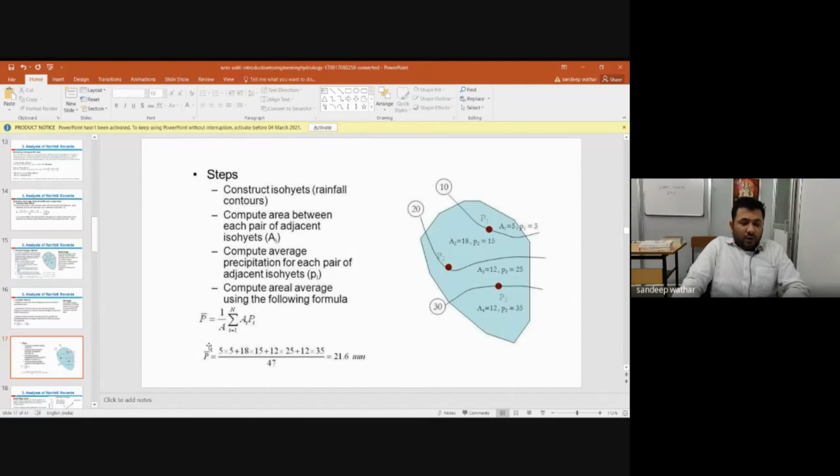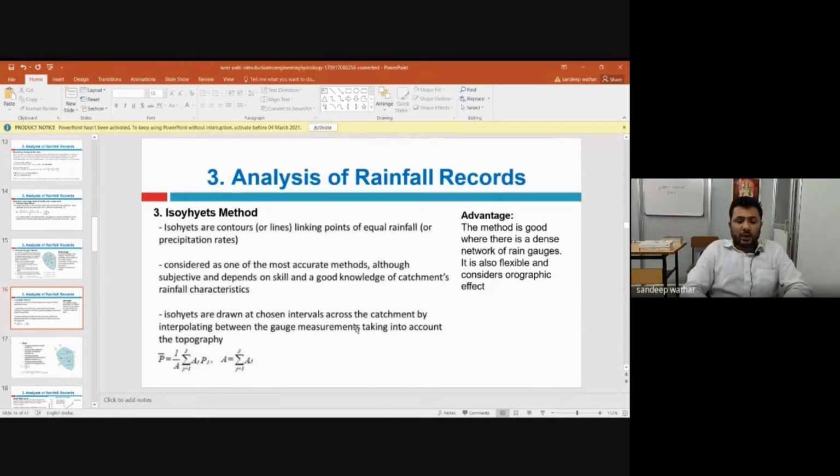This average rainfall can be calculated for a year, for a month, or for a day, week, or season. So this is how we calculate the rainfall for any given catchment area, geographical area, or administrative boundary.